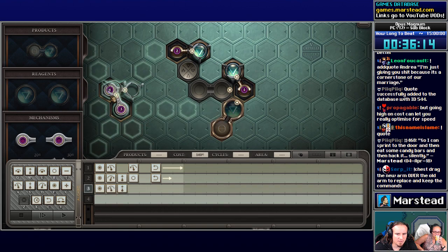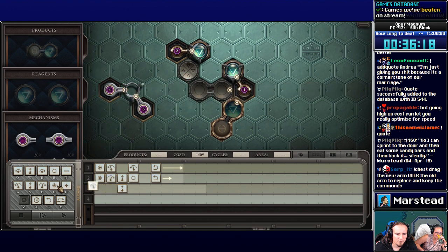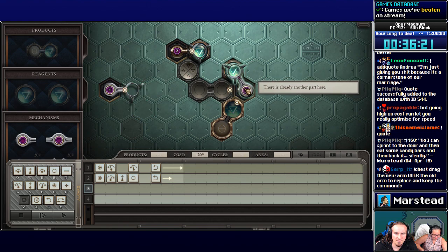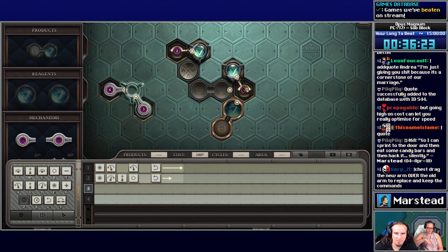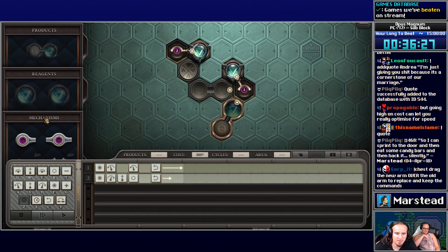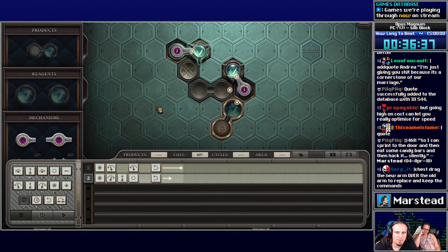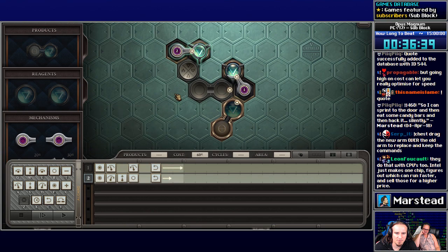Drag the new arm over the old one to keep the commands. Okay. Is there a copy paste option, or is that copy paste, doing it visually? It doesn't seem to work. I have to take it from the bank, basically? Okay. This one needs to extend. This one doesn't, but...